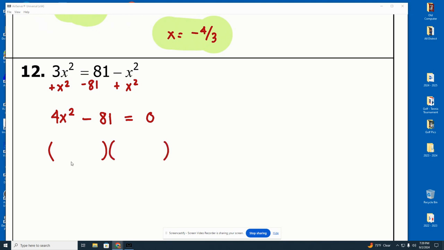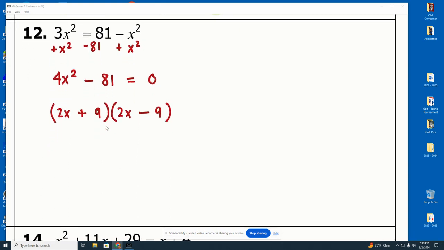So all I got to do is say, hey, what multiplied by itself gets 4x squared? Well, that's 2x times 2x. And then what multiplied by itself gets 81? Well, that's 9 and 9. And then the rule of difference of squares is one of these has to be positive and the other has to be minus. So therefore, I'm going to set 2x plus 9 equal to 0 and 2x minus 9 equal